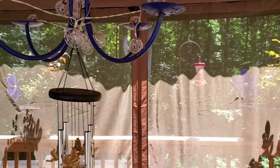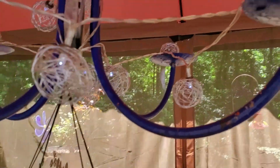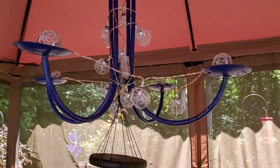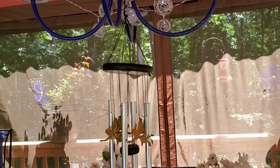But when you turn it on, it's very bright and sunny. Today is a beautiful day, but let's see if you can even see them. And they're really pretty at night. You can see them a little. And from that, I have hanging